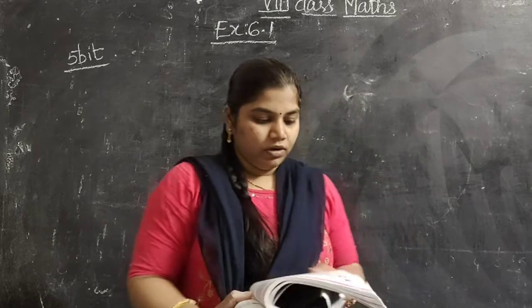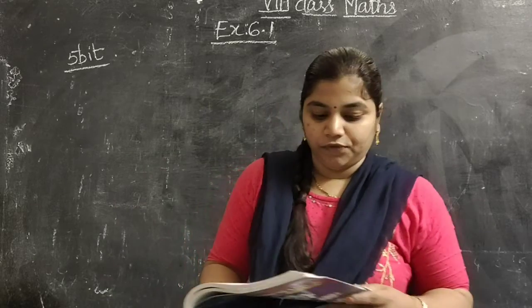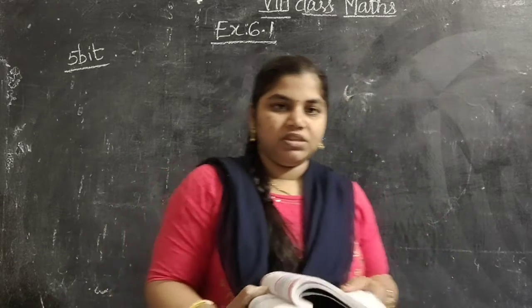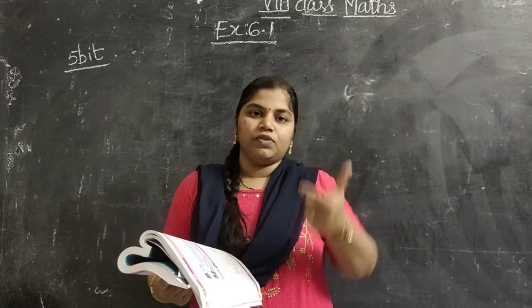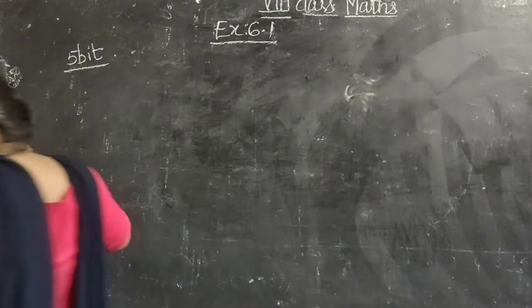Good morning everyone. So we will continue our exercise, that is 6.1. Fifth bit. How many numbers lie between the squares of the following numbers? So they have given two numbers. So between the two squares of a number, how many numbers will lie, we have to find. So in that, first one is